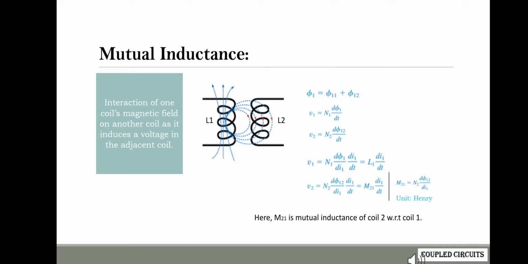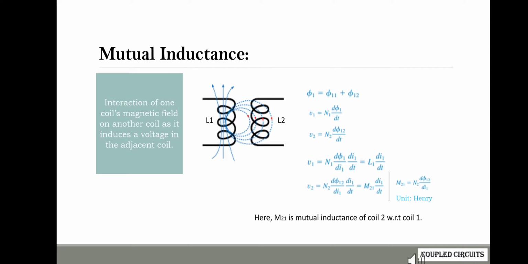Now, mutual inductance. Mutual inductance is the ability of one inductor to induce a voltage across the neighboring inductor. Like self-inductance, mutual inductance also has Henry as its SI unit. Now, consider two coils with self-inductances L1 and L2 that are close to each other. Coil 1 has N1 turns while coil 2 has N2 turns. For the sake of simplicity, assume that the second inductor carries no current.